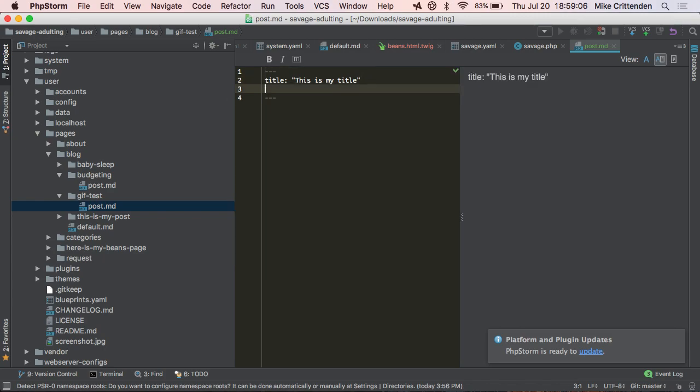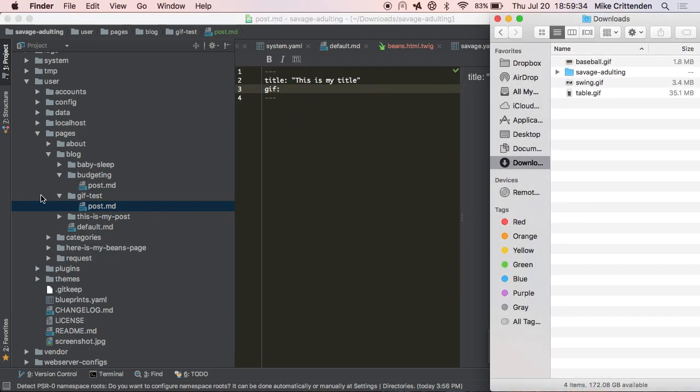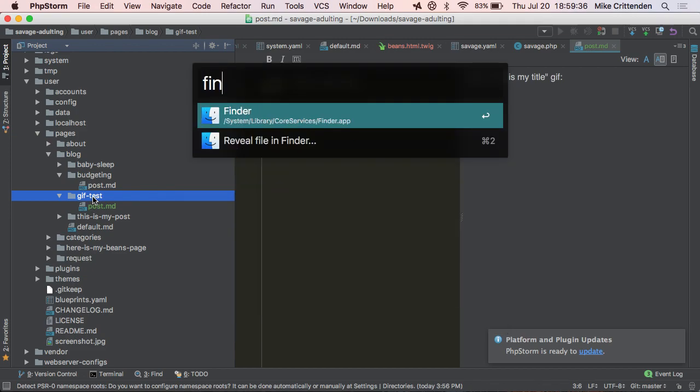So if you've worked in a CMS before that has custom fields, I work in Drupal mostly, which has, it seems like, millions of fields on every site. This is basically Grav's version of doing that. So in this case, I'm going to create a field called GIF and just reference a GIF so that I can know behind the scenes, okay, this post is related to this GIF, so let's display it. So literally all I'm going to do is just gif: and then what I need to do is grab a GIF and stick it in this directory.